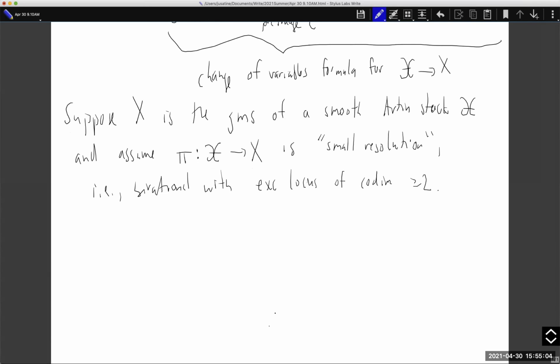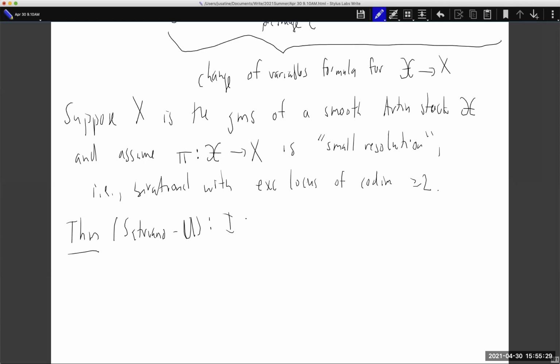And the main theorem that I want to state is that we have evidence that this really should be thought of as a small resolution, or should be thought of as a crepant resolution from the perspective of stringy Hodge numbers. So the theorem, due to Matt and myself,